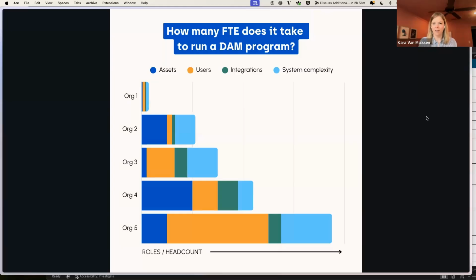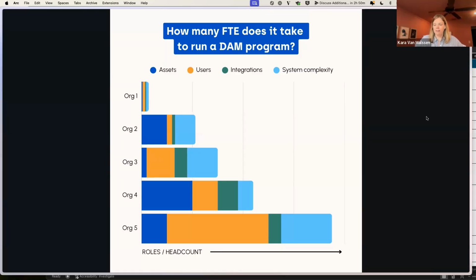It's going to be hard to do that alone, or maybe not 70,000. Maybe that's my org 5. That's my 70,000 users. This is like 10,000 or whatever. It's a good enough number that supporting the users, making sure the system configurations are kept up to date and maintained, and keeping the integrations running are going to require more people.